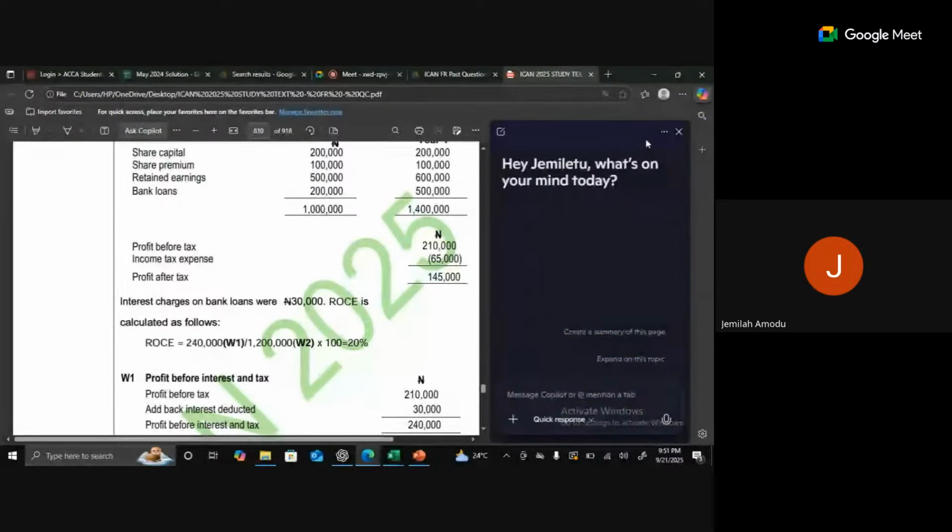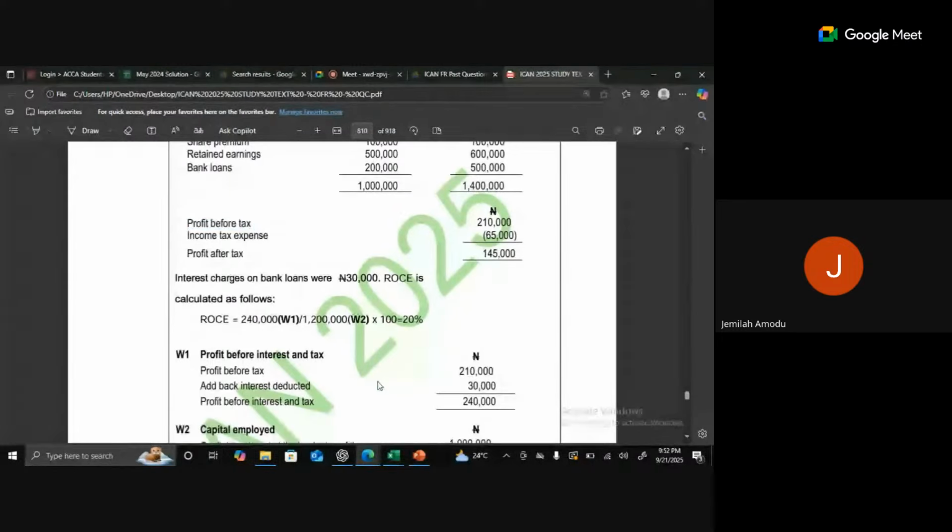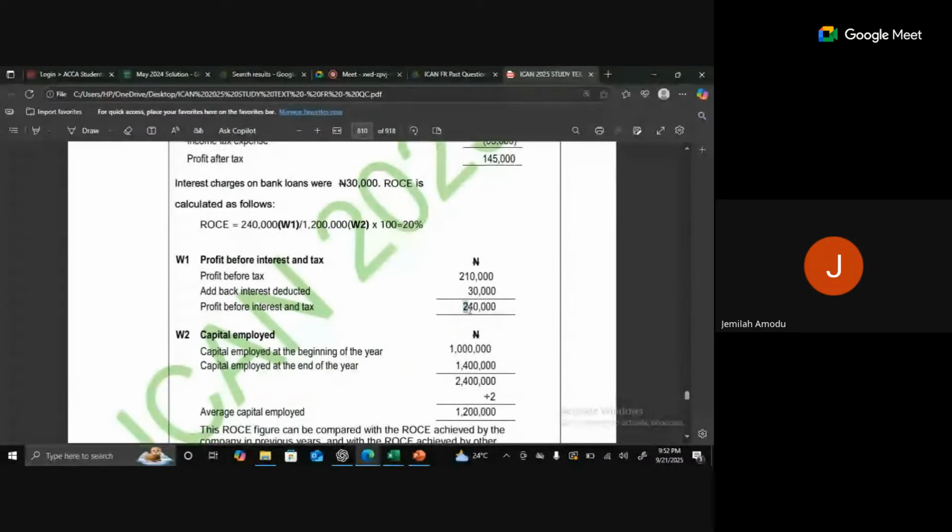It's only showing your profit before tax, which means that this interest must have been deducted before they even got this, right? So there is need for you to add it back so that you have your profits before interest and tax,